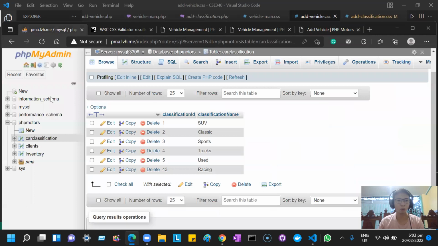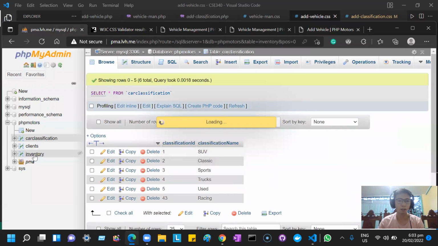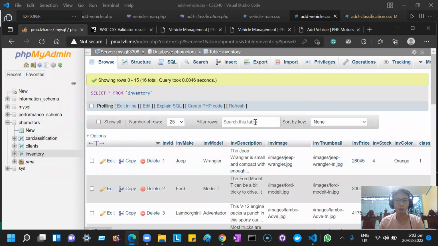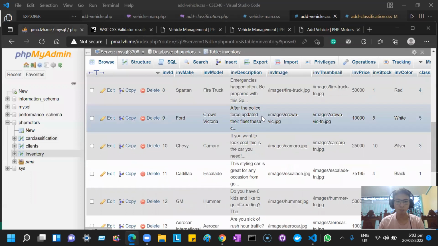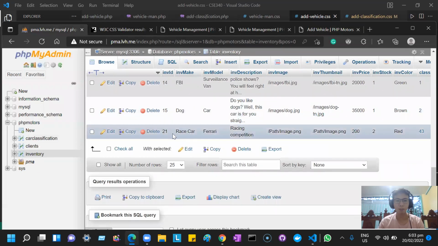If we go in here, the inventory table, you'll see at the bottom, race car Ferrari racing competition, 200. So you can see it adds now. Okay, so for the final